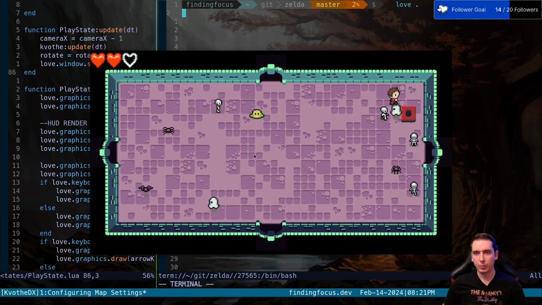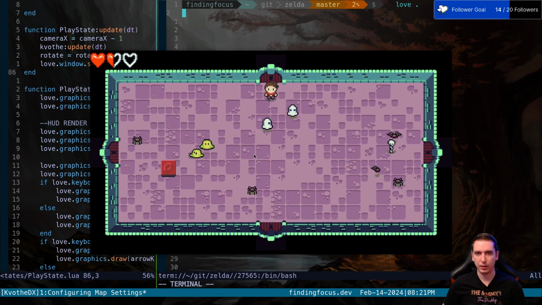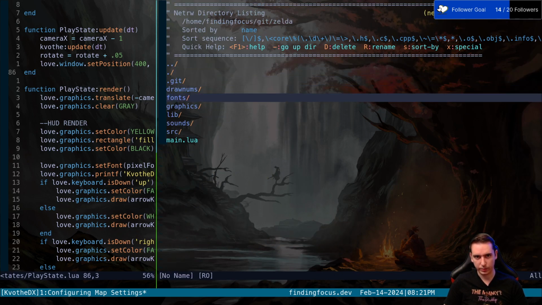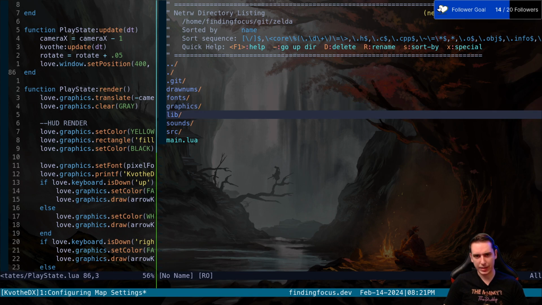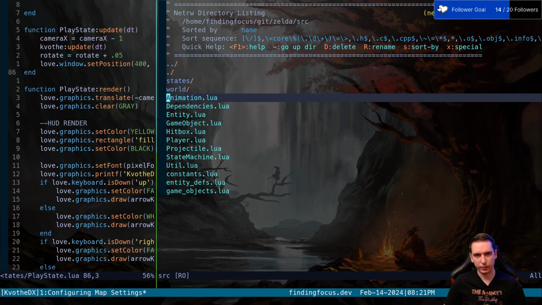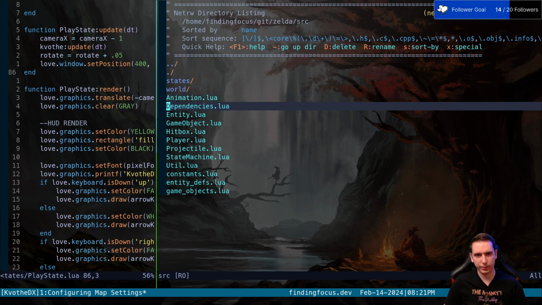So we're gonna be looking at how they do it here, and trying to implement it for our own game. So what's cool about this is we can kind of peek around, right? Look at all the stuff they've got. So they've got all their animation stuff separate out in this,